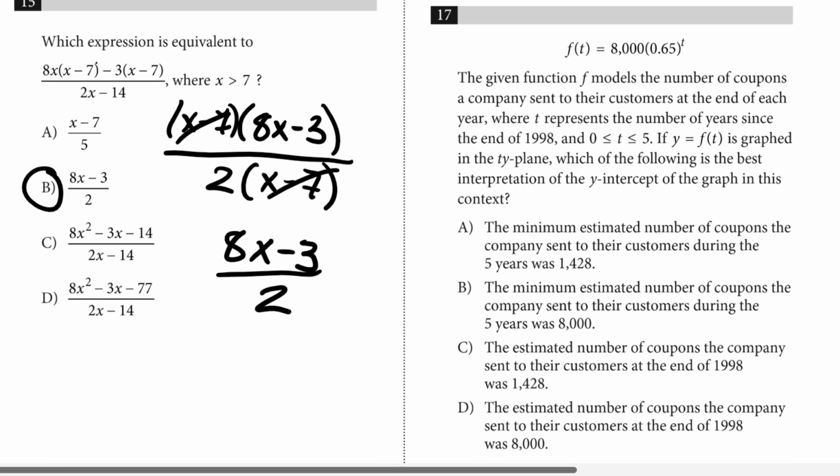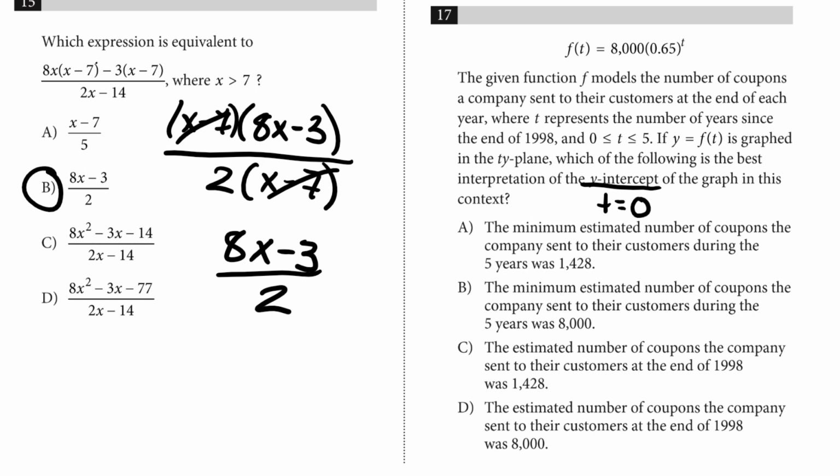The given function f models the number of coupons a company sent to their customers at the end of each year, where t represents the number of years since the end of 1998, and 0 is less than or equal to t is less than or equal to 5. If y equals f of t is graphed in the ty plane, which of the following is the best interpretation of the y-intercept of the graph in the context? Whenever we're dealing with the y-intercept, what that means is the other variable, in this case t, is equal to